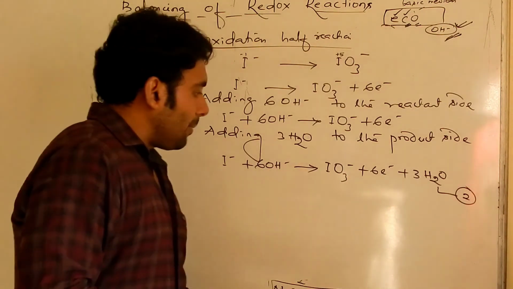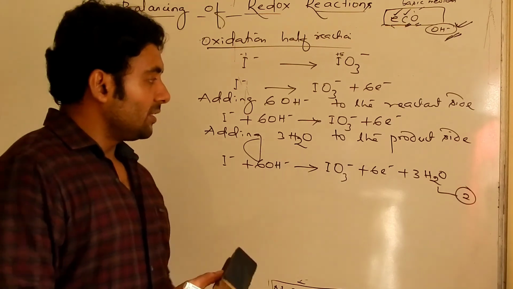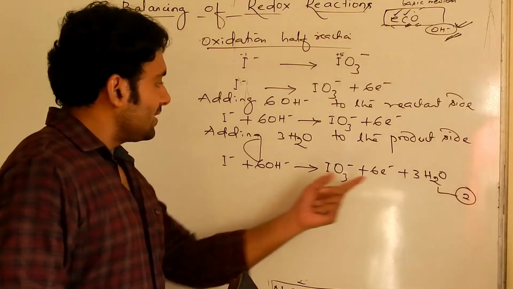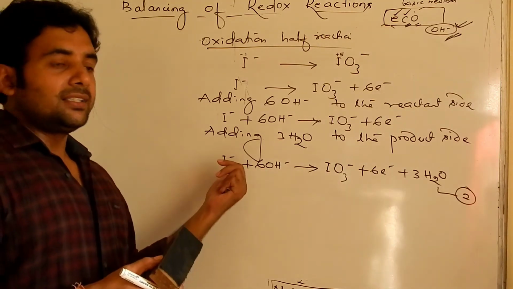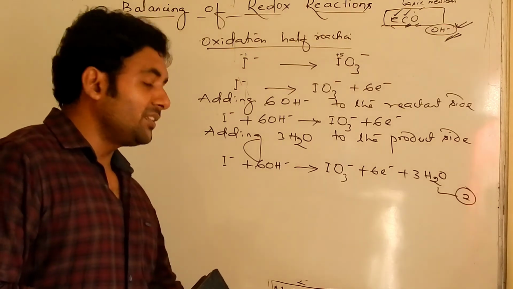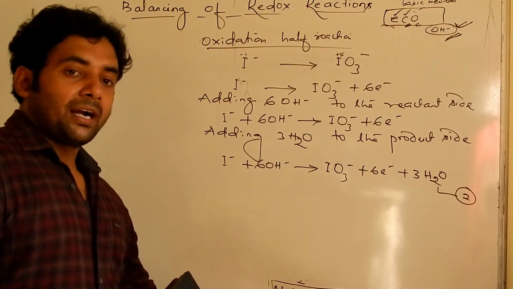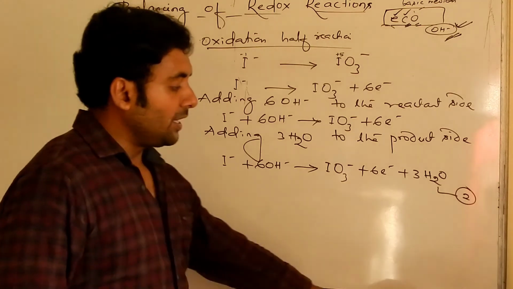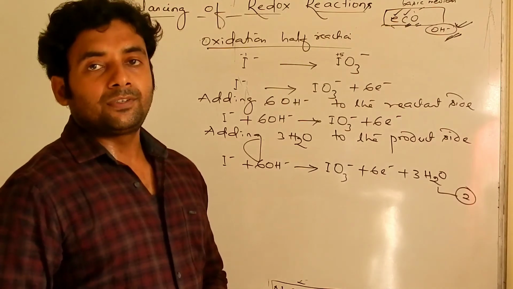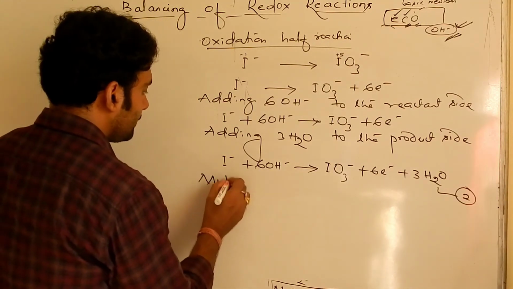Now we have to combine both equation 1 and 2. The electrons which are lost, those many electrons should be accepted. But here, 6 electrons were lost by I⁻, while each permanganate ion is receiving only 3 electrons. So to receive 6 electrons there should be 2 permanganate ions. That's why we have to multiply equation 1 with 2 so that there will be an equal number of electrons transferred.